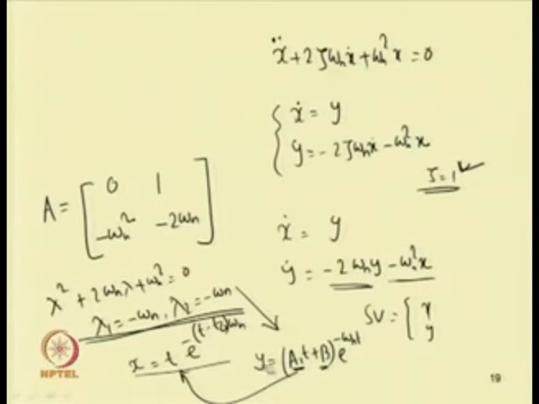So, this is our perturbation. Here x dot equal to y and y dot equal to x. We can write this perturbation, and that is our v. So, v will be equal to (a1 t plus b) e to the power minus omega n t, or it can be written in this form, t e to the power minus t0 omega n. So, this is the perturbation, the perturbation delta y.